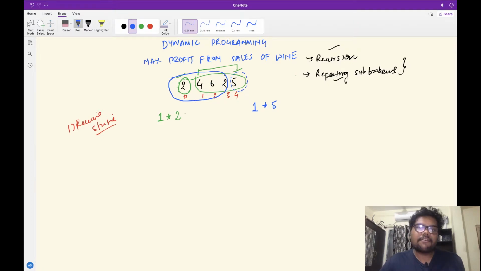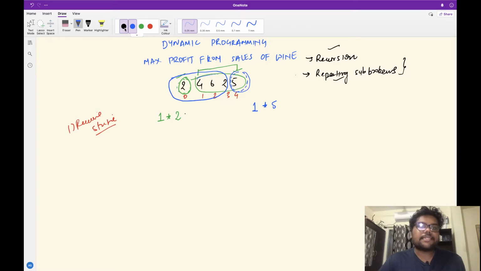If I find the answer for this recursive substructure and add my current choice, this will give me the final answer. And then at the end, I just compare both of the answers, and whichever is the maximum, that will be my answer.